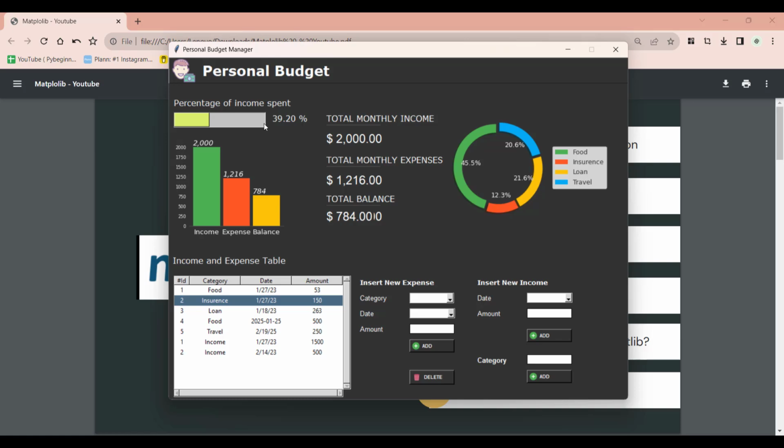So this is a perfect project so that you can practice using Python and Matplotlib. First we learn the theory with Matplotlib, how those graphs work, and we try to understand them. Then we'll create a big project, which is this one, personal budget, using Python, Matplotlib, and Tkinter in combination.